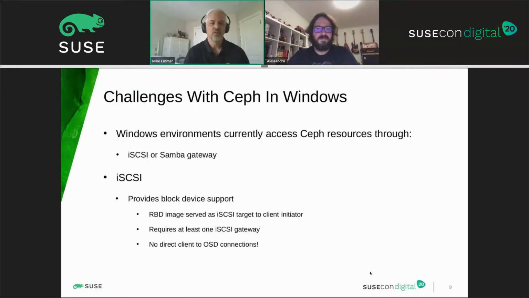So when you do go to a Windows environment, there are two basic ways that we see people use Ceph resources. And in both cases, they're through gateways. One is through the iSCSI gateway, and another is through the Samba gateway. And they both have various use cases where they're a little more interesting in one scenario versus another. But iSCSI provides that block device support that people use in Hyper-V environments,